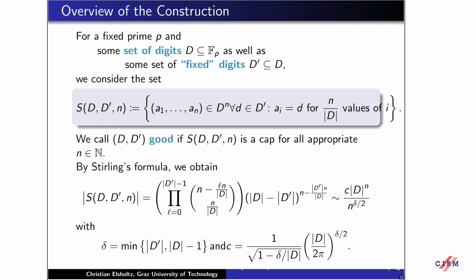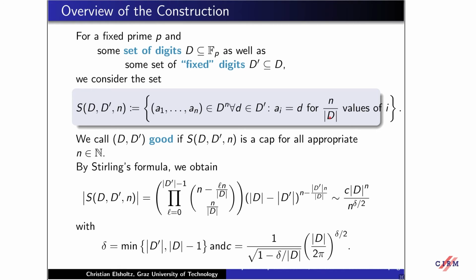Right, so this slide looks a bit ugly. So what we actually do is, we choose a digit set D. So we choose a subset modulo p, and also technically we do something else. We choose a subset of this set of the digits, but this is not so important. Think of D' as D, and you wouldn't lose much. And if you have a good digit set, this digit set has the property that it avoids progressions and weighted progressions in the one-dimensional coordinate. And then with this extra trick, you have your point with these n different coordinates, and you say a constant number of them,